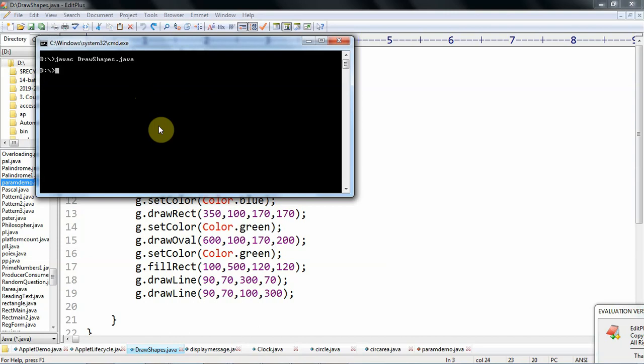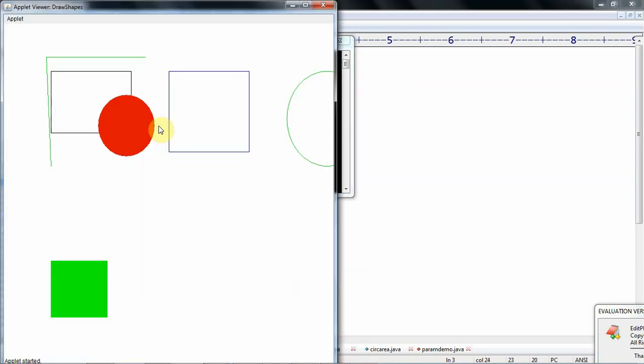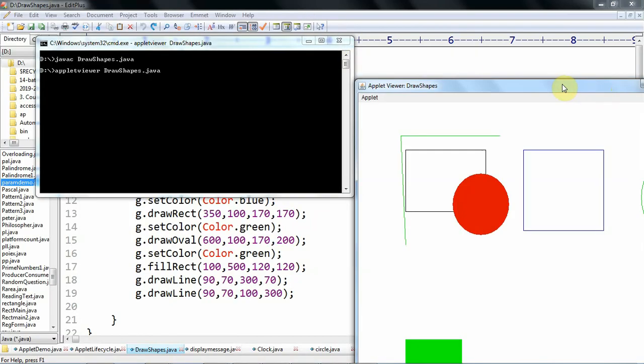Then we execute it by using appletviewer DrawShapes.java. So the applet is executed.